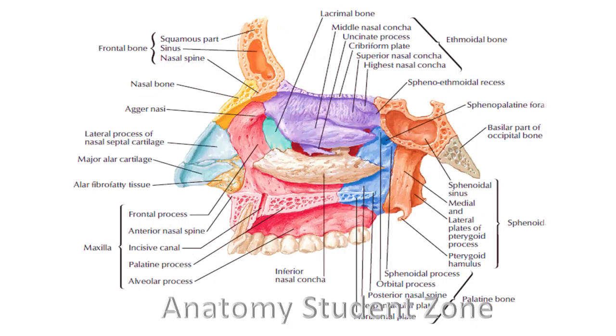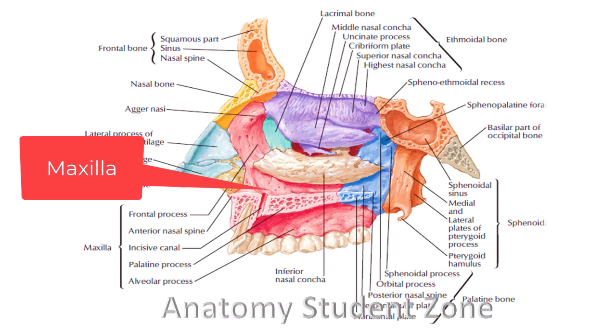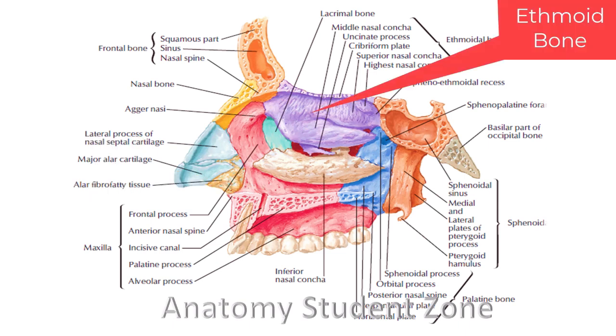So first I am going to cover the bony framework of the lateral wall of the nose. The lateral wall of the nose is formed by many bones, and one of the main bones is the maxilla. Maxilla is shown here in this image in pink. You can see here, and it is going to form the anterior and inferior part of the lateral wall of the nose, or I can also say antero-inferior. Besides the maxilla, the ethmoid bone, which is shown here in purple, is also going to form the lateral wall of the nose. And the ethmoid bone, please remember, contributes to the superior and middle part.